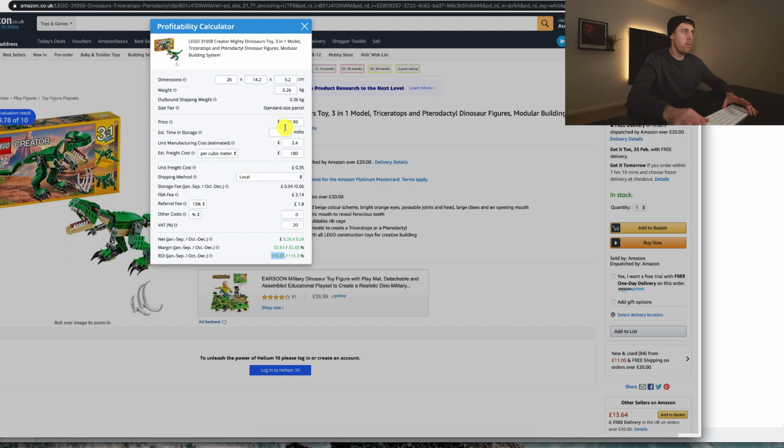And then you can see that there would be some changes that you could make to this. Say if you got the manufacturing down and you've got the freight cost down, you should be able to get it to £100 per cubic meter, really, if you're using a good freight forwarder. See how just a couple of little changes there changes the ROI to 170%. More on those changes we can make in a moment. That's one way to do it.